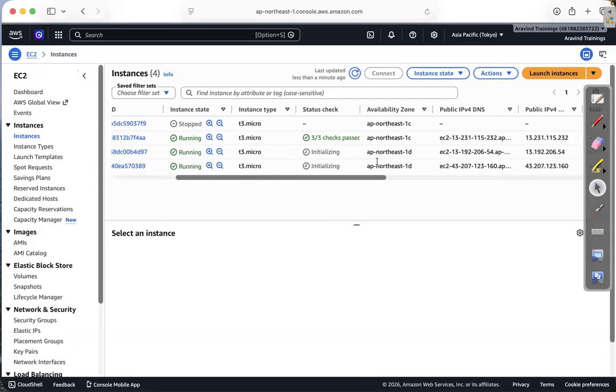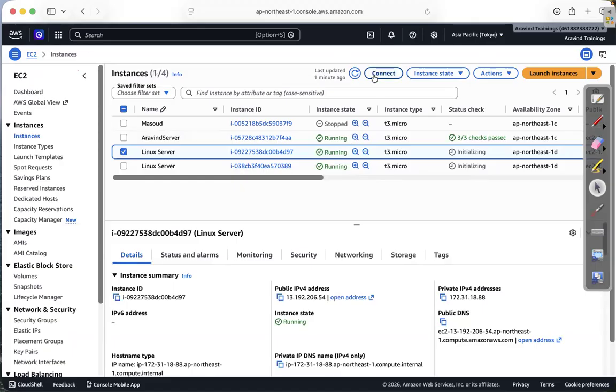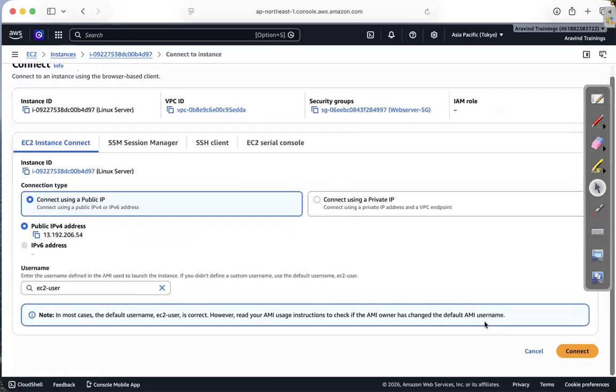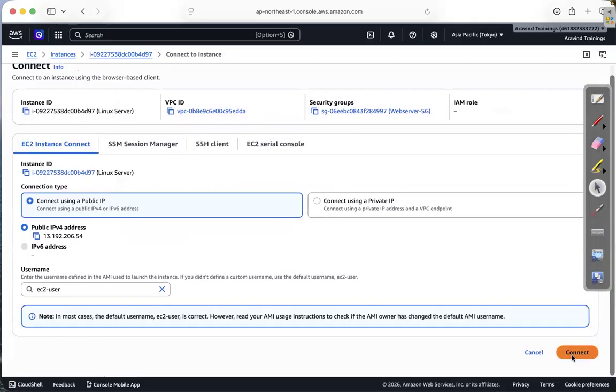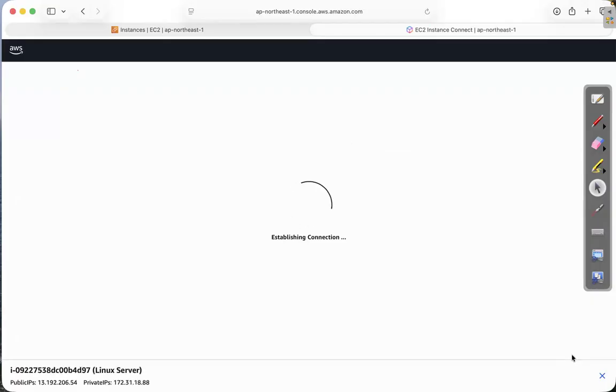And the servers are in running state. Where are these servers running? In Tokyo region. Now, if I want to connect to the servers, click on connect. That's all. See, I have launched a virtual machine in Tokyo region, and I'm connecting to that virtual machine from the console.